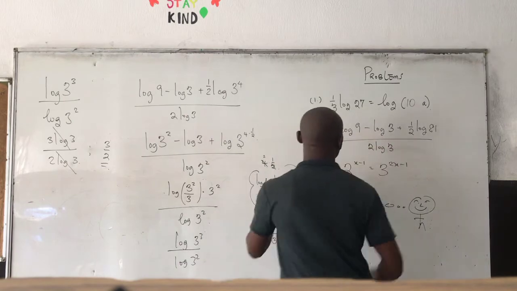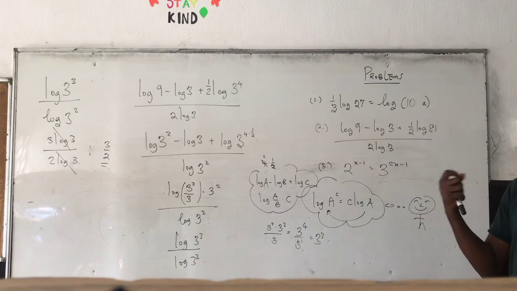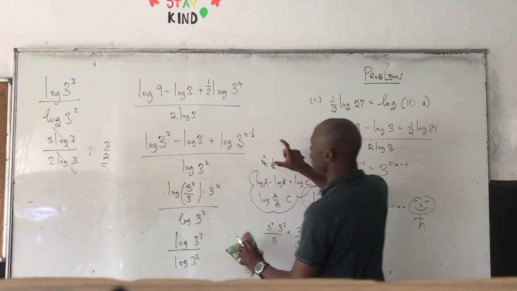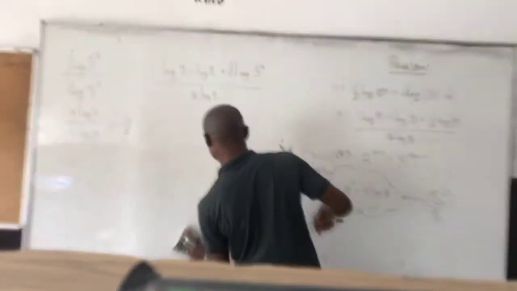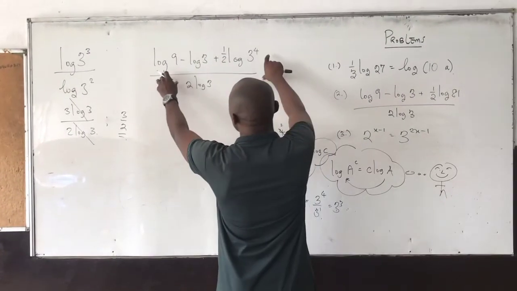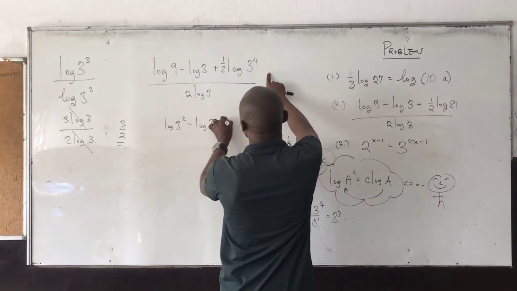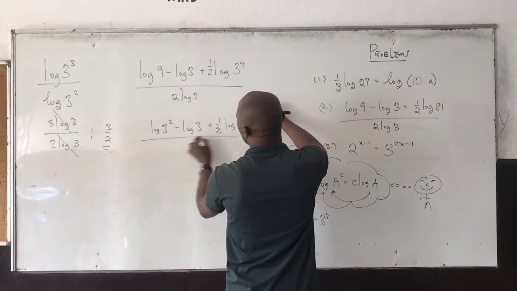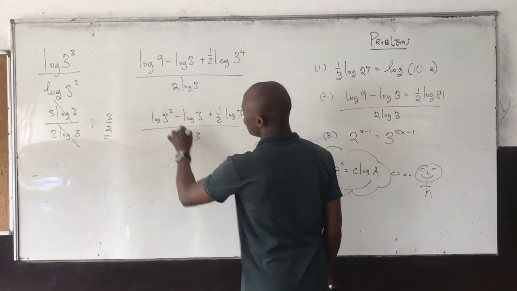And that's very interesting that the whole of this thing is actually equal to 3 over 2. Still there is another substitute method that can be faster from here. The next method that can be faster will be log, this can be log 3 raised to the power of 2, this is log 3, this is 1 over 2 log 3 to the power of 4 over 2 log 3, and that can give us 2